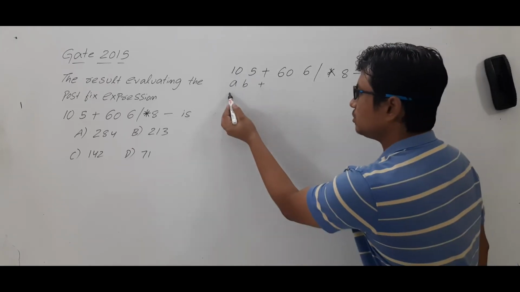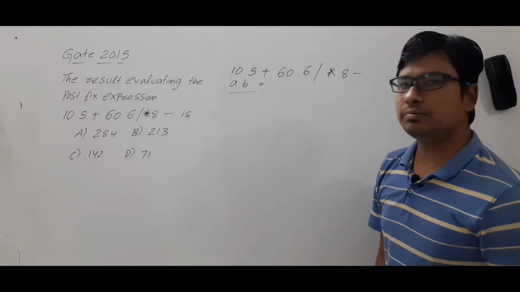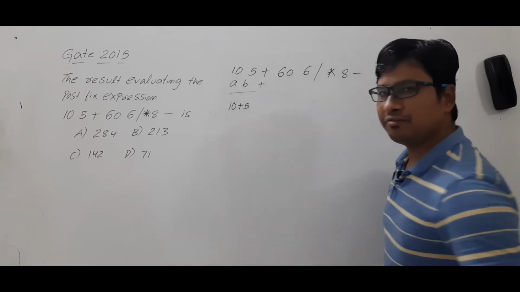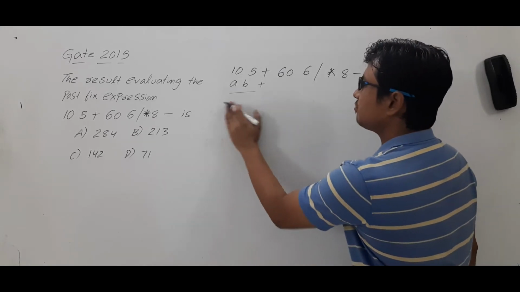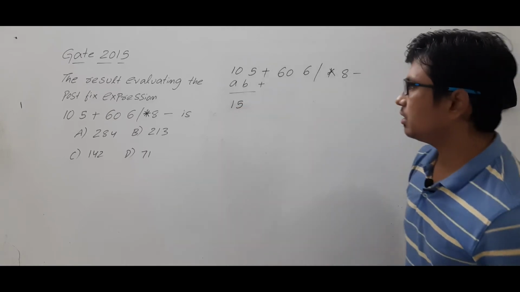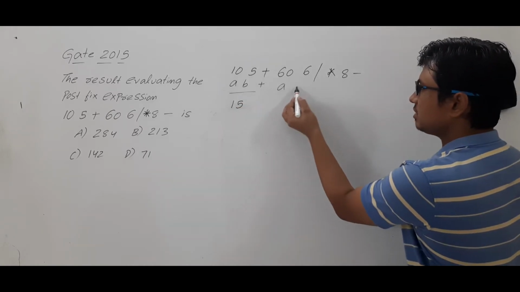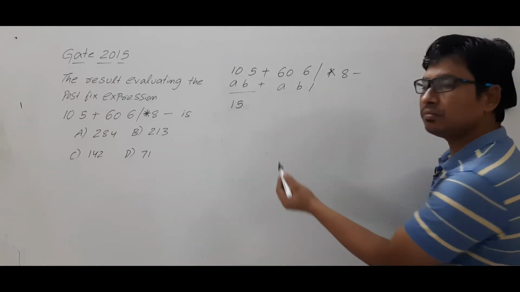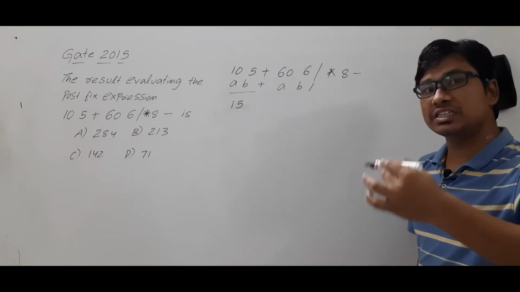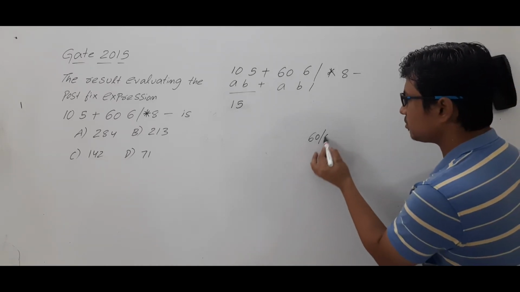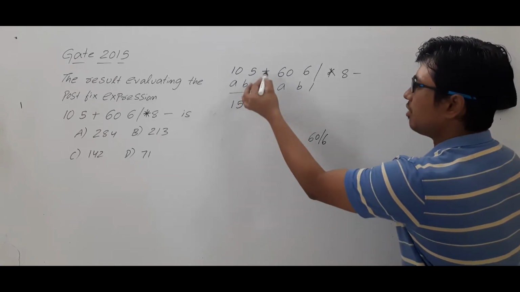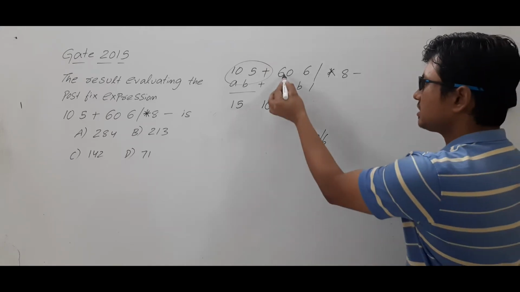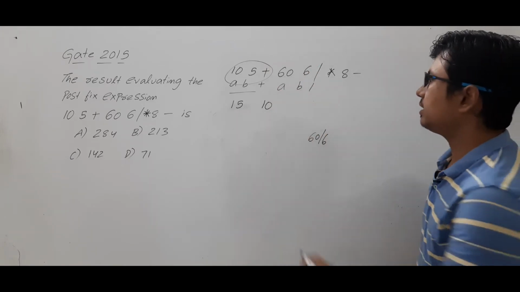Am I right or wrong? If I consider that one, which is nothing but a plus b, I can write it as 10 plus 5. If I perform 10 plus 5, I will get 15. Am I right or wrong? Now again you consider here, this is in the form of a, b and division, which is nothing but a by b, which is 60 by 6. 60 by 6 is nothing but what? 10. So after simplifying, 10, 5 addition gives you 15, and 60, 6 division gives you 10, and then you have the multiplication, 8